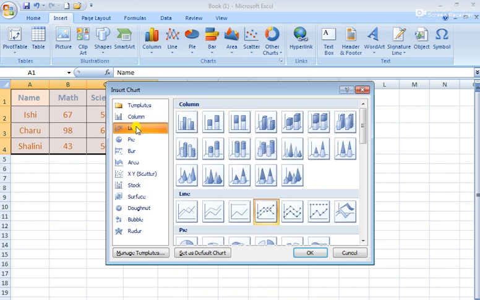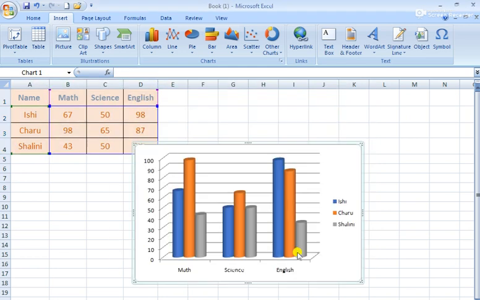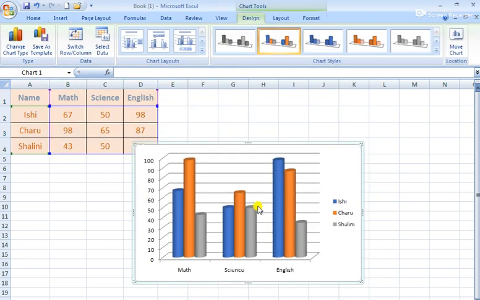Like if line chart, then these are the patterns. If I am taking column chart, then these are the patterns. Whichever suits you or whatever you like, you can decide yourself and create. Suppose I want to take this cylindrical, so I have selected this type of column, and then I will just click on OK. Then my chart is ready. See, here is my chart.